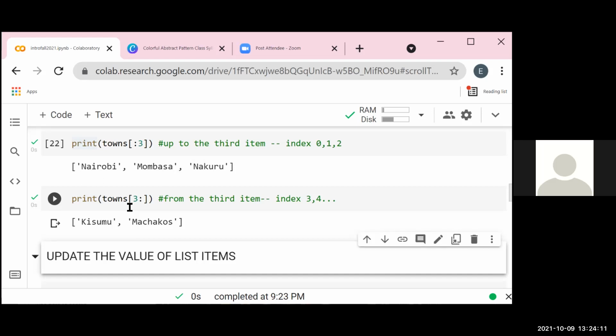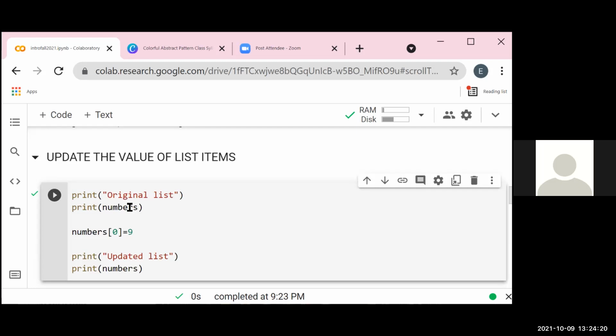The next is we can actually now change or update the values in a list. So how do we do that? We always have to use the concept that a list is ordered. So if we want to change the first number in the list called numbers, we would reference it by saying numbers index 0. So we want it to be 9. It was initially 10. So if I run this,